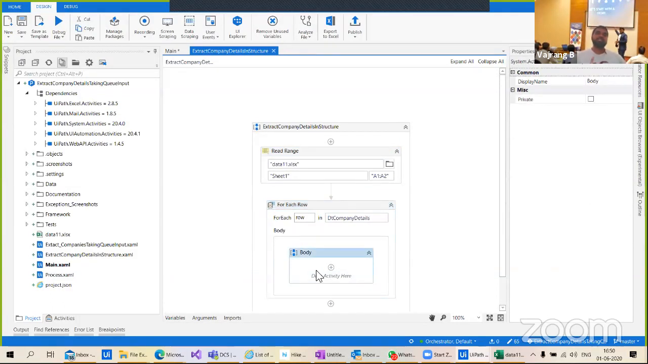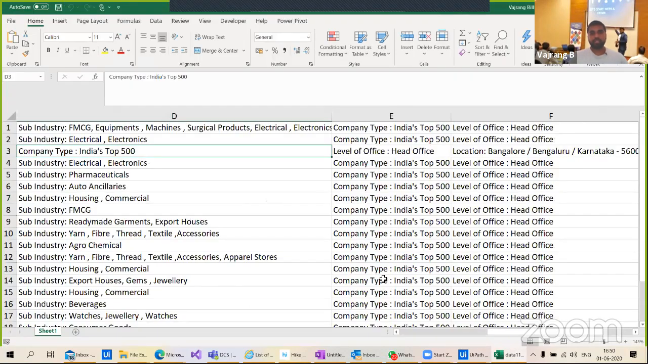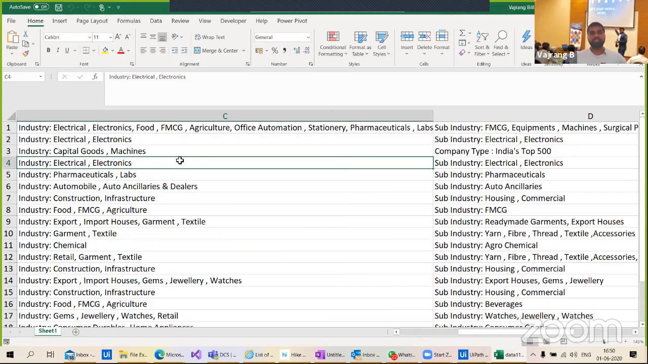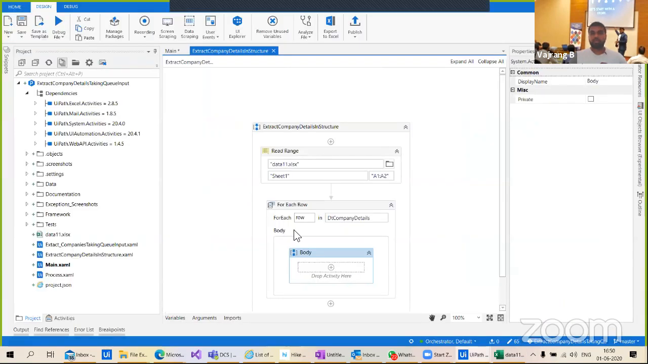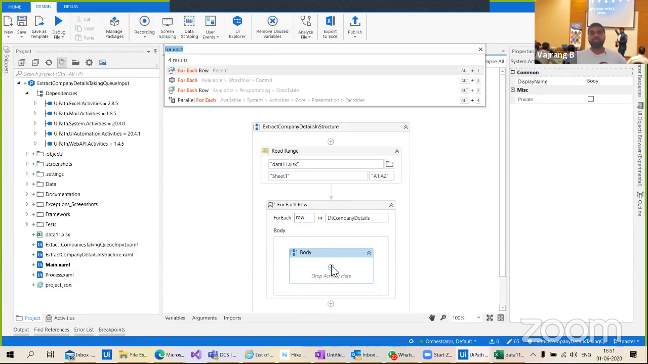So the first and second will always be name and URL, that's for sure. So no need to worry about it. And if you see, the URL is not the company URL, it's the fundu data URL. So when we have fundu data URL, we should not use that in the end process, because the requirement is not to get the fundu data URL but the company URL. So for that, what we can do is